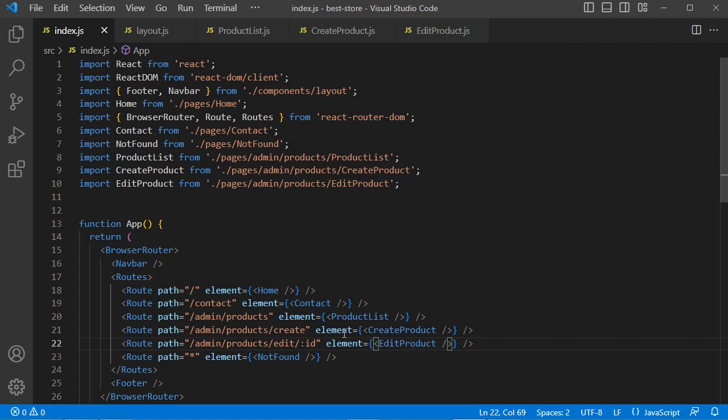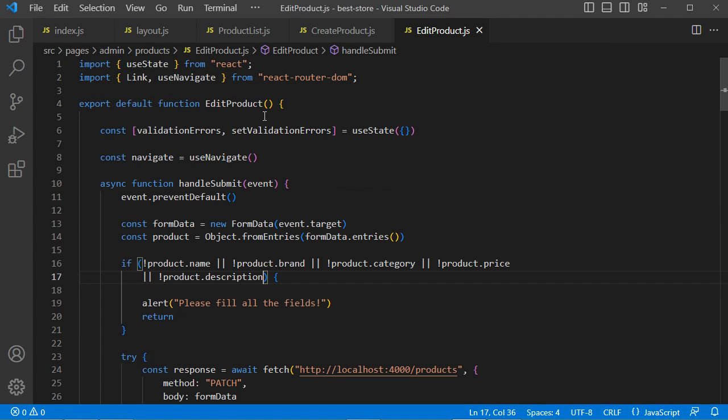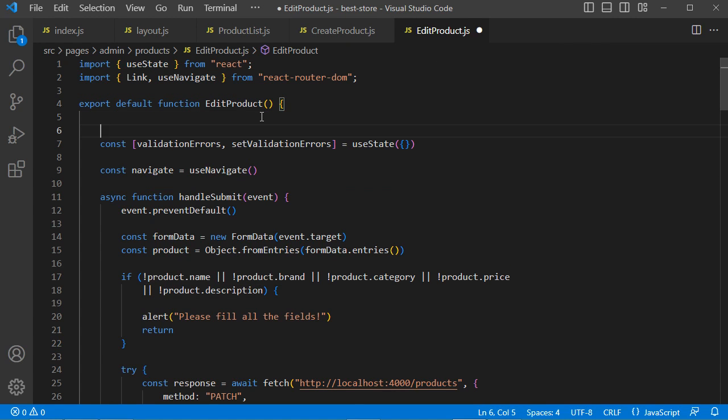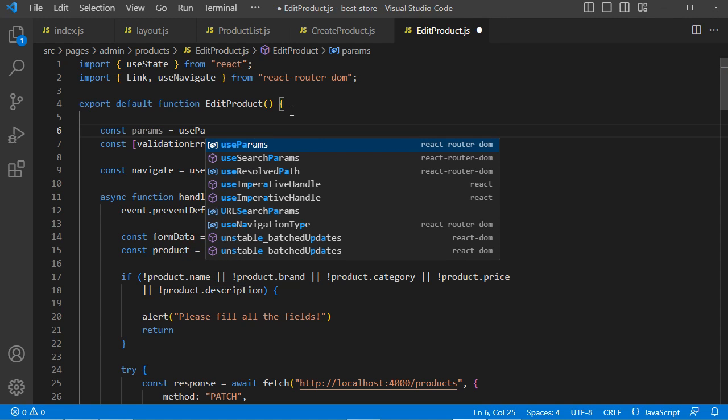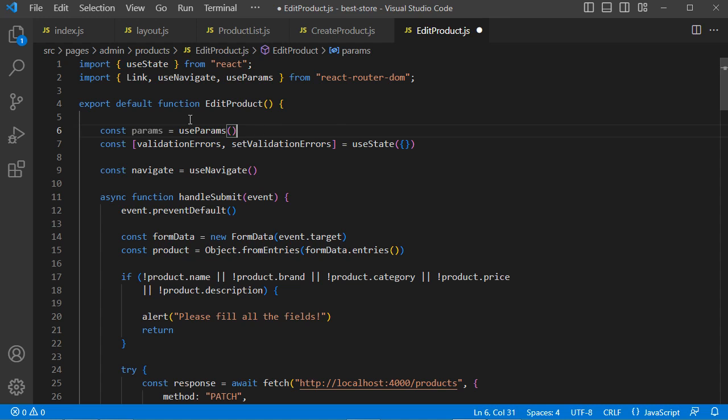So in edit product, we should read the value of this parameter. We can do this just here. So we will use a hook from ReactRouter, which is called useParams. So let's create a variable. Let's call it params, and it is equal to useParams. And here we can see that it is defined by ReactRouter. Of course, we should import it, which has been done by VS Code, and now we can use this object to read the ID from the URL. So we can copy this object,